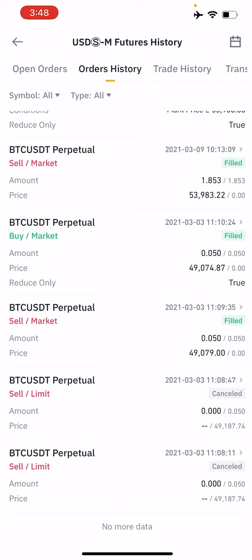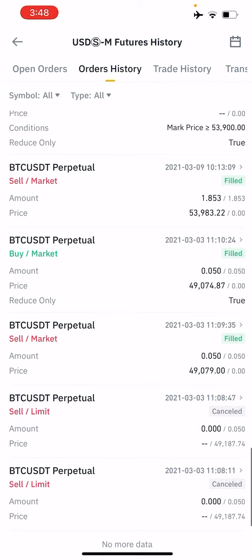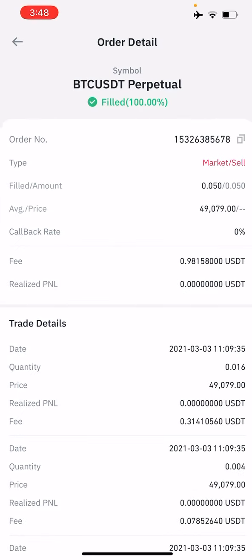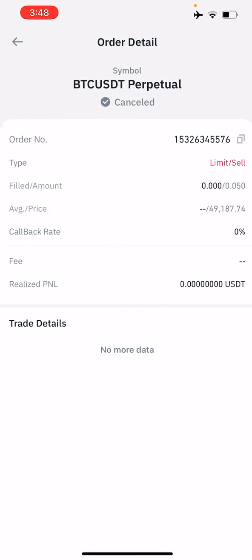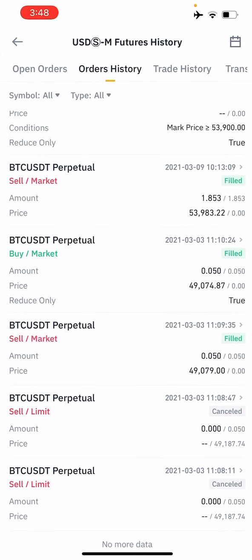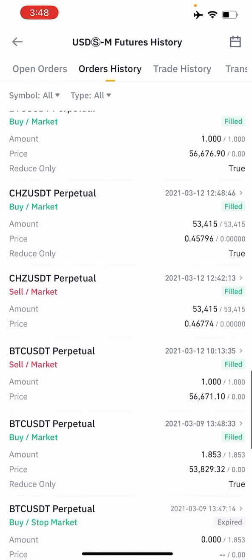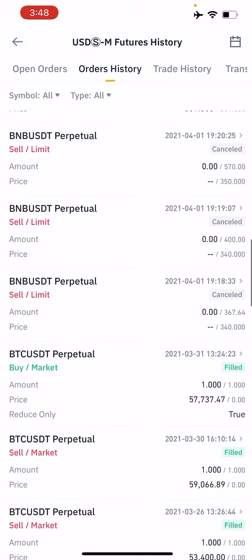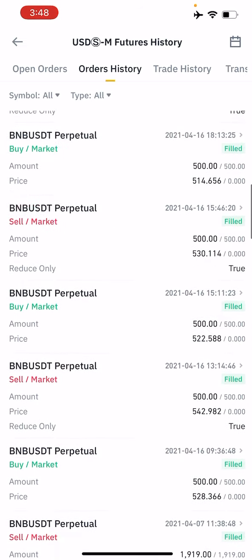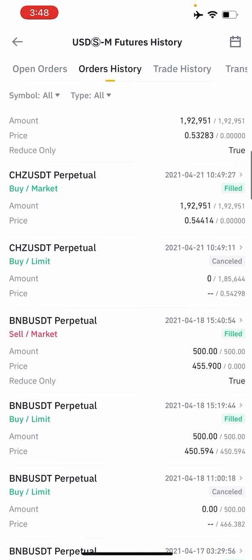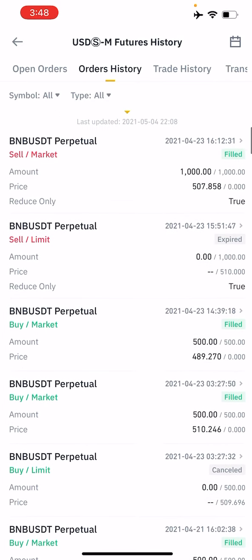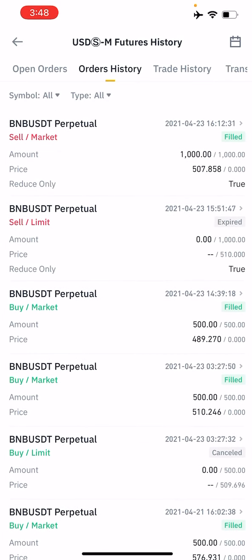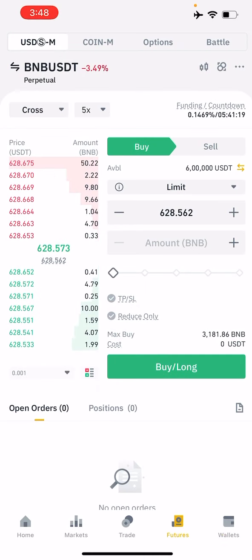These are the filled data, which means it has been traded 100%. Cancelled means the order has been cancelled. Initially we started from a small lot size and gradually increased. This is the complete history, and you get all the details in the Excel sheet: the profit, loss, what are the trades, what are the losses. It's very transparent. Now we will check the spot data, the spot entries, and this was the futures.